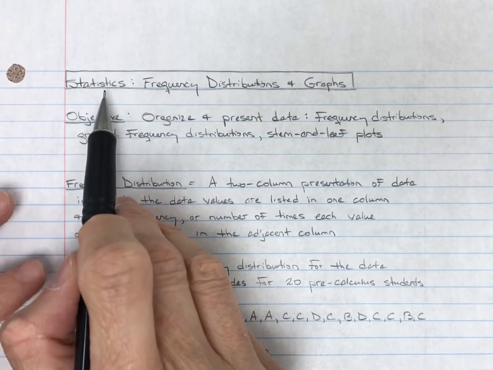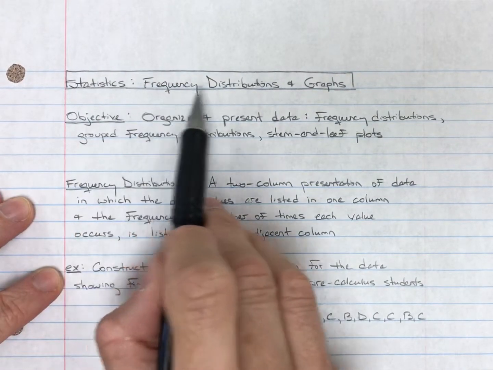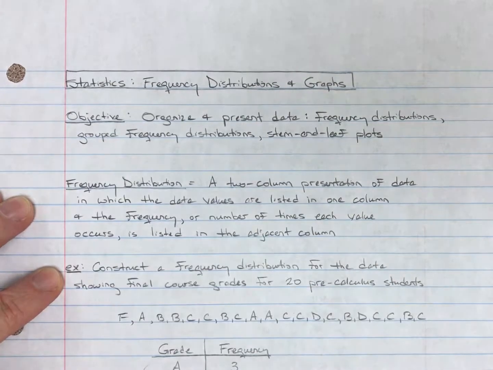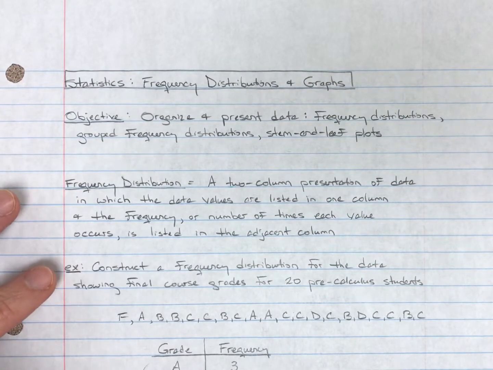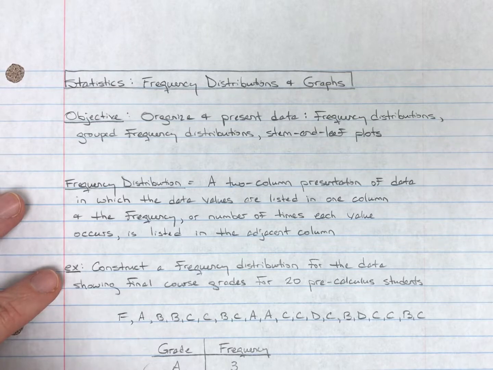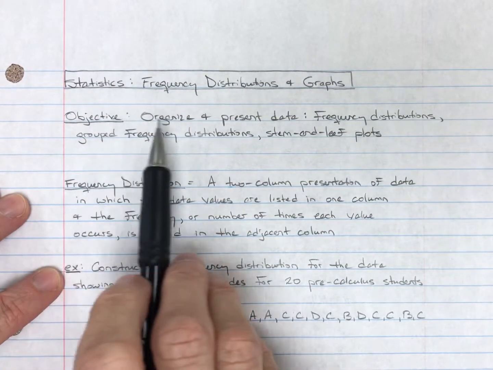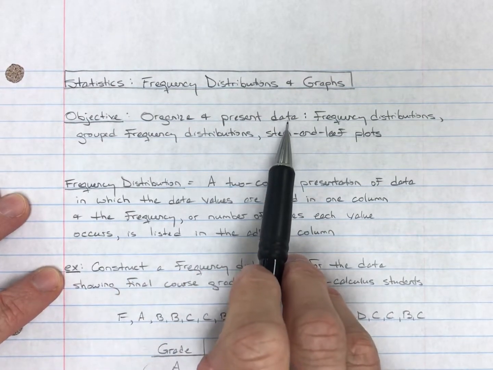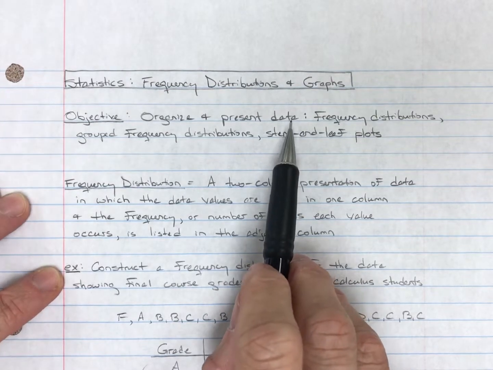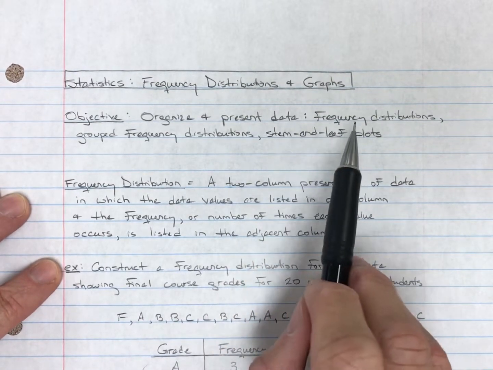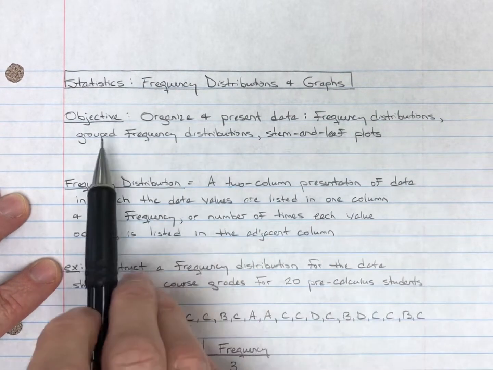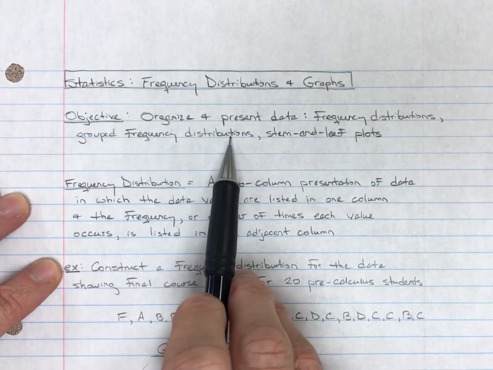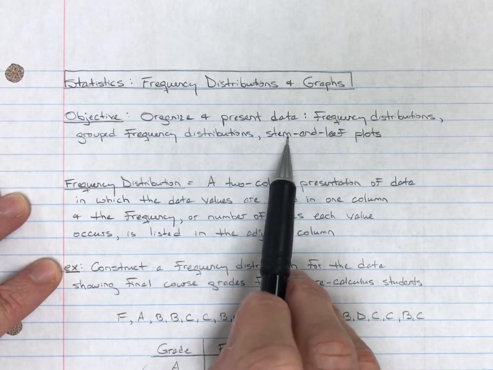Statistics, specifically frequency distributions and graphs. All right, in this first video on statistics, our objective is to organize and present data. And we're going to look at three ways to do this: frequency distributions, grouped frequency distributions, and stem and leaf